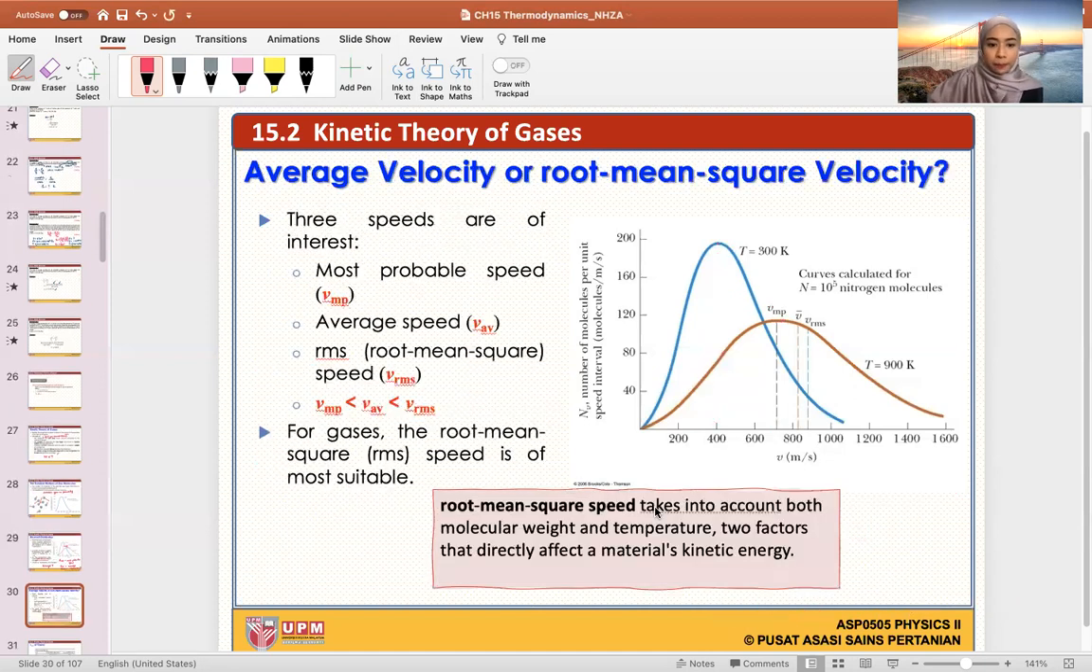Keep moving on. So here, do you need to know this? It's okay if you don't. For gases, the root mean square, RMS, speed is most suitable. Why? Because it takes into account both